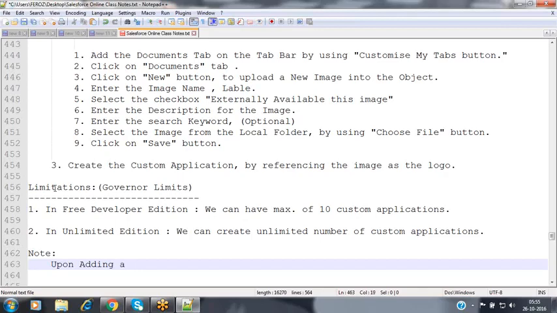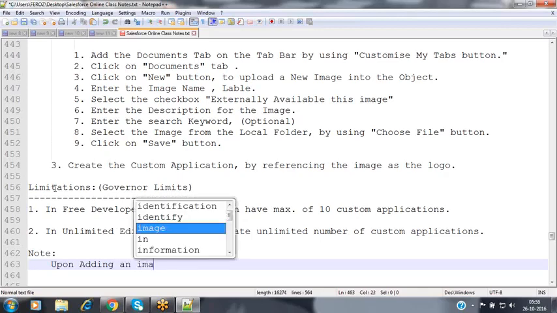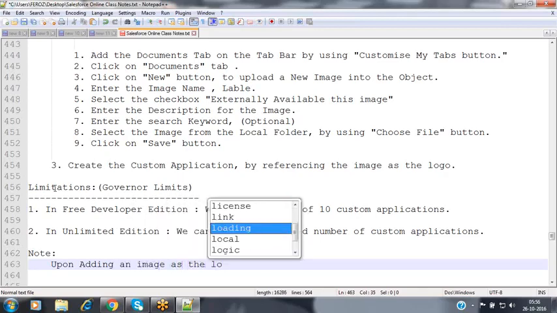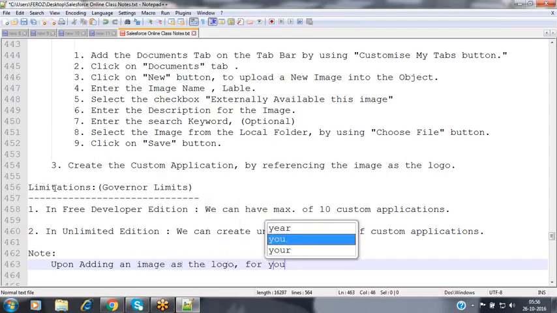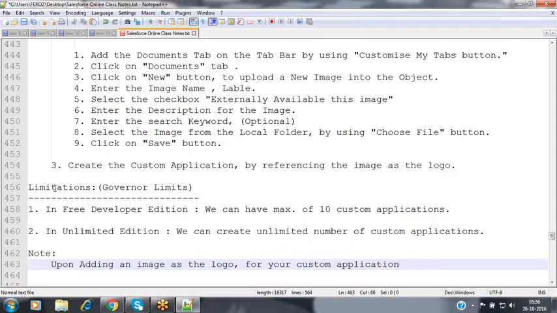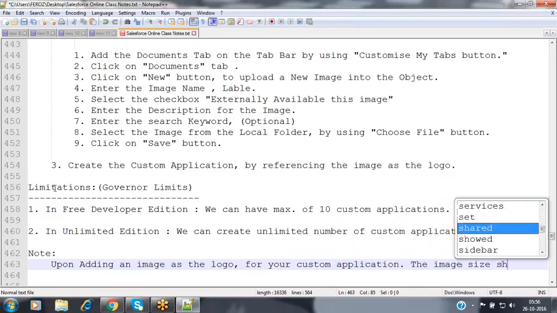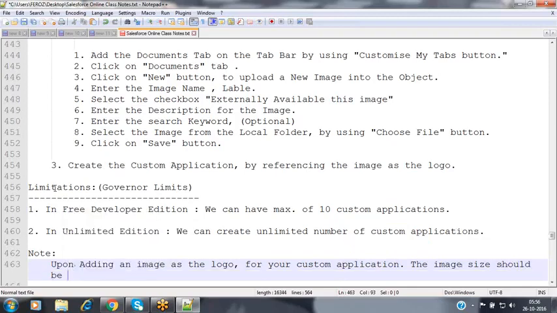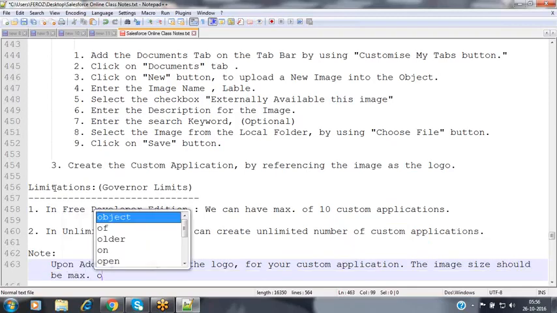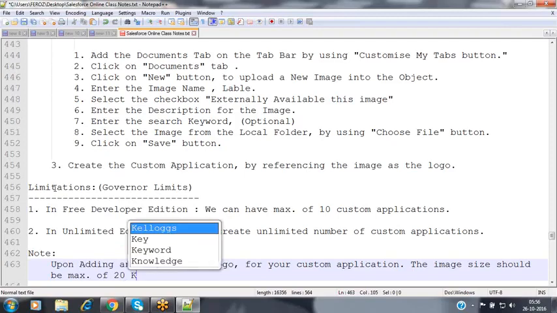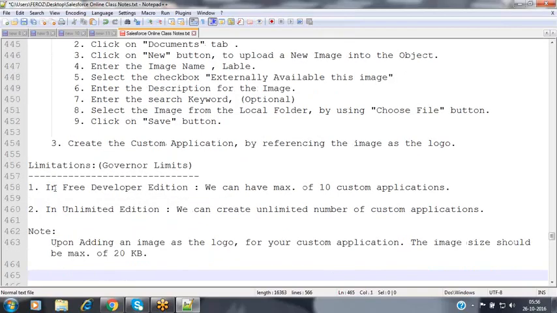Upon adding an image as a logo for your custom applications, the image size should be a maximum of 20 KB, not more than that. This is the limitation given by Salesforce.